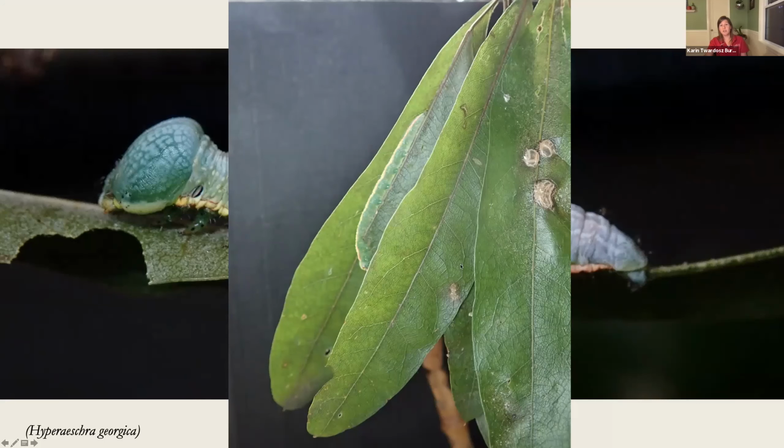So this is a Georgian prominent, and that white line along the edge of the caterpillar actually serves as this really fascinating device for breaking up the leaf in the eyes of the predator. So it had essentially eaten all along this leaf vein, started eating down the leaf vein, and then while it wasn't feeding and was resting, just hid by pretending to be part of the leaf itself.